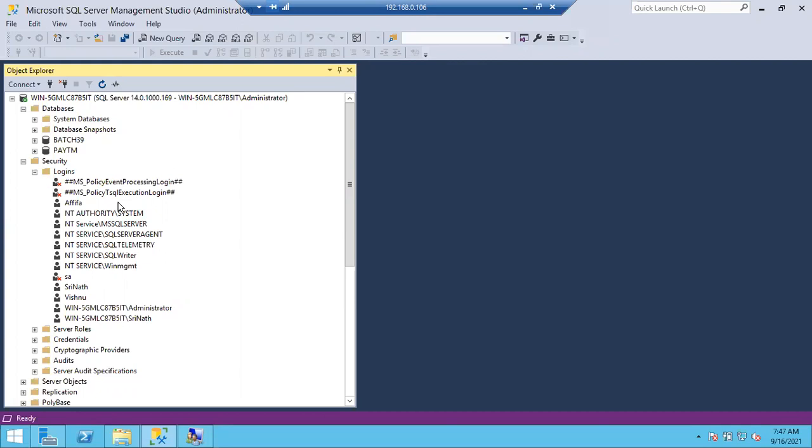Okay, and one more thing. The logic here is if the Windows login password expired, first thing, imagine like that. First of all, he cannot log into the Windows machine, right? So if he cannot log into the Windows machine, how can he connect to SQL Server? If he cannot connect to SQL Server, the error itself will not be generated.